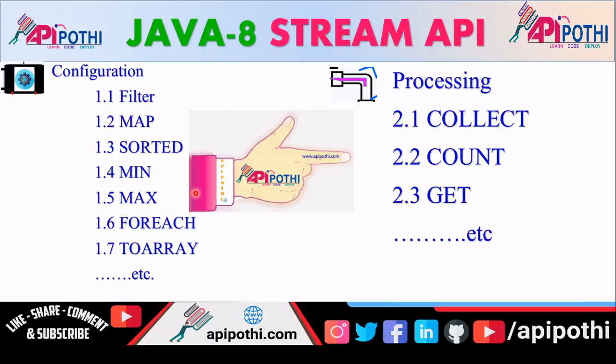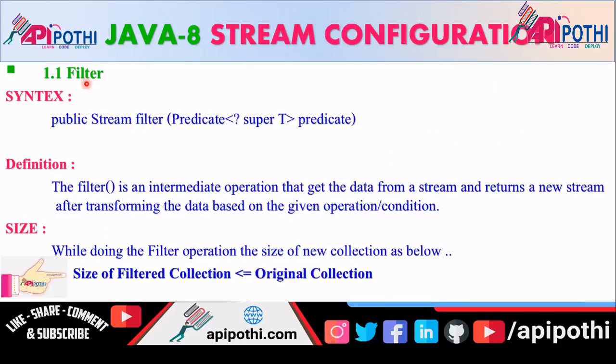Fine. So the first method that we are going to use is the filter, which comes under the configuration. Okay. So now what is the filter? The name itself is telling that it might be doing something called filtering. So what is the syntax of this one? Filter accepts a predicate as an argument, and as I already told you, almost all the methods inside the stream return a stream type only, and which again returns a stream type which is public.